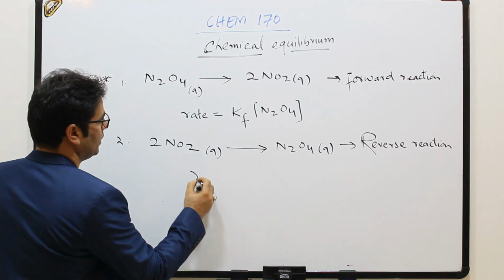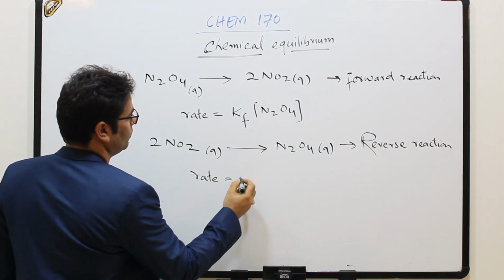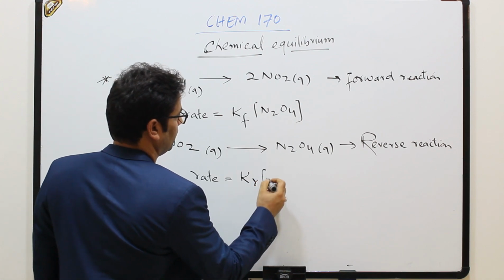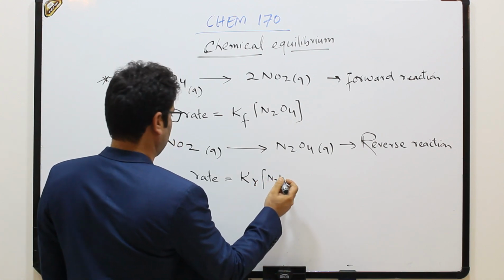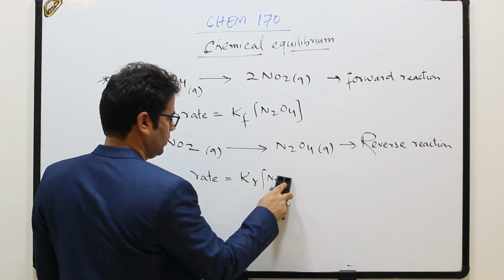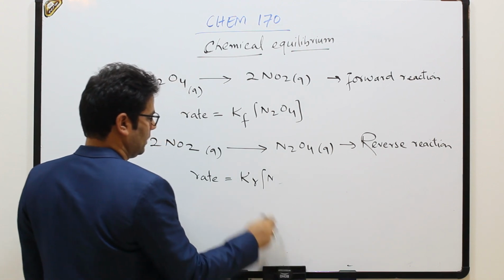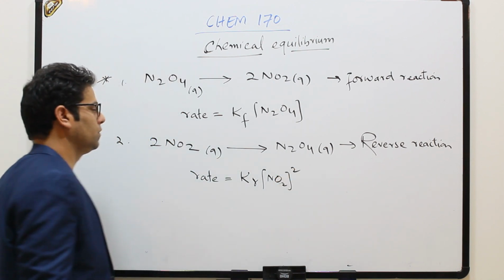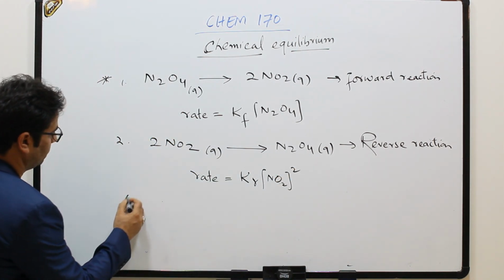If I have to give the rate of the reverse reaction, I will write Kr [N2O4]... [NO2], because it is directly proportional to the reactants. [NO2] whole square. Now at equilibrium,